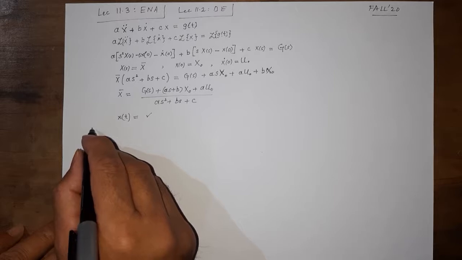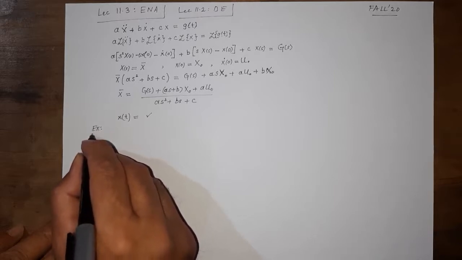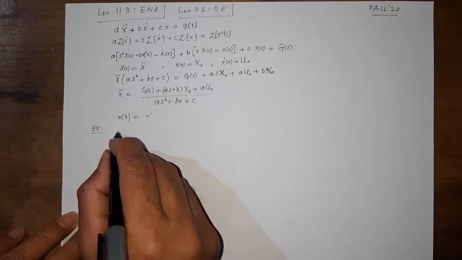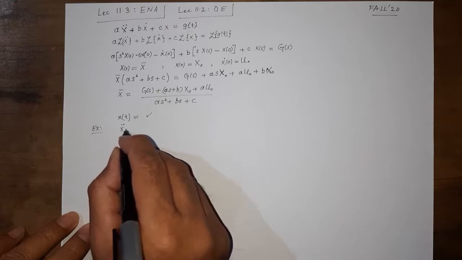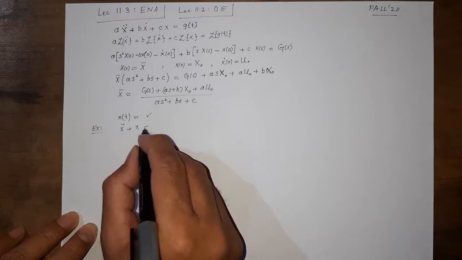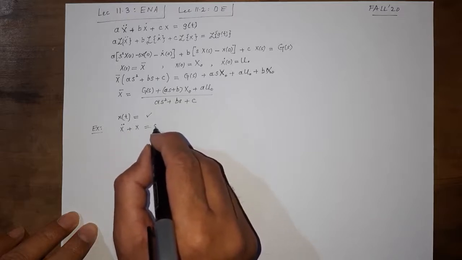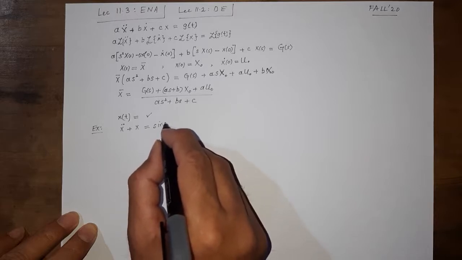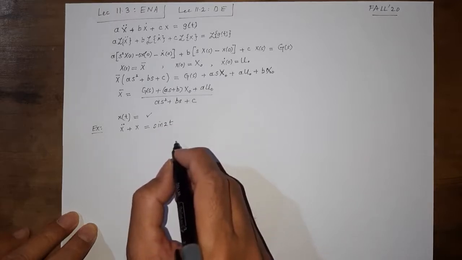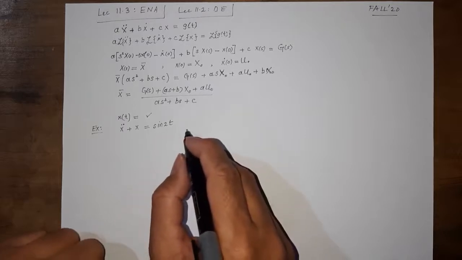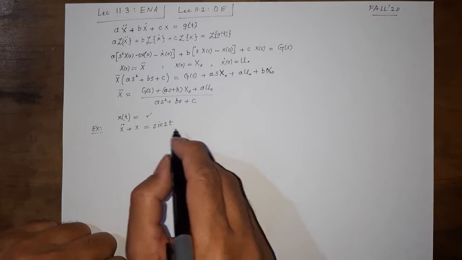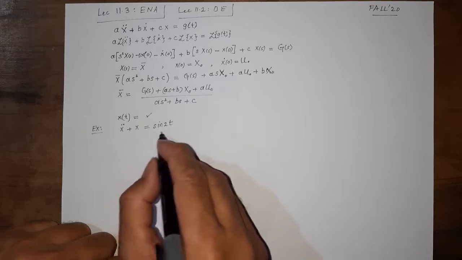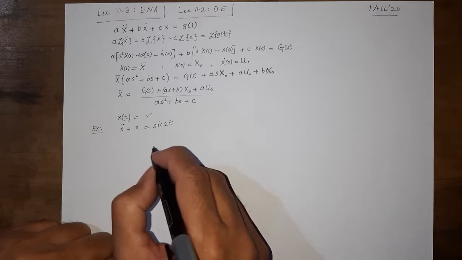Let us solve a problem and take it to the end. So suppose we have a differential equation x dot dot, remember this is the second derivative of x, plus x, so we don't have the first derivative term, and the inhomogeneous term is sine 2t. Now the students of differential equation course must try to first solve this using the technique they already know, and then use Laplace transform to solve it, that I'm going to solve now.